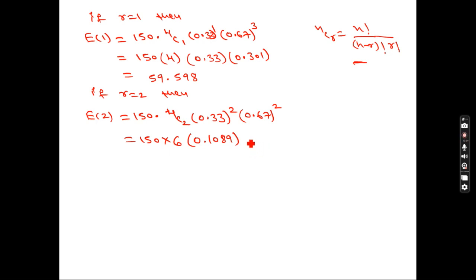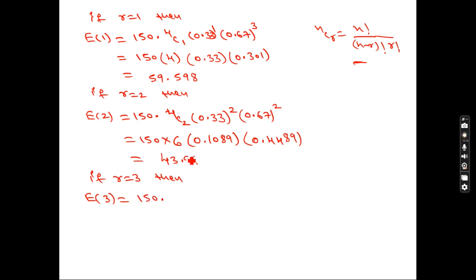Similarly, you multiply 0.67 into 0.67, you will get 0.4489. Finally, if you multiply all these values, you will get the answer 43.99. Next, if r equals 3, then E of 3 is equal to